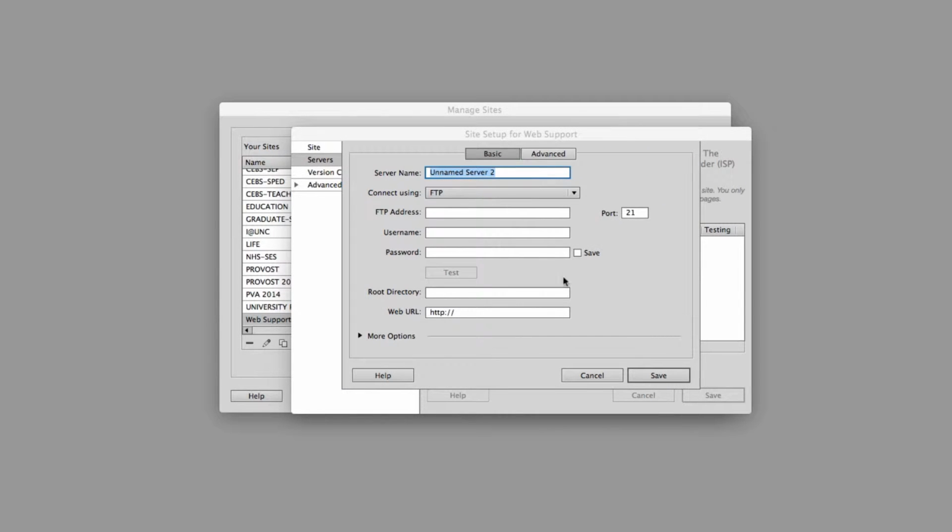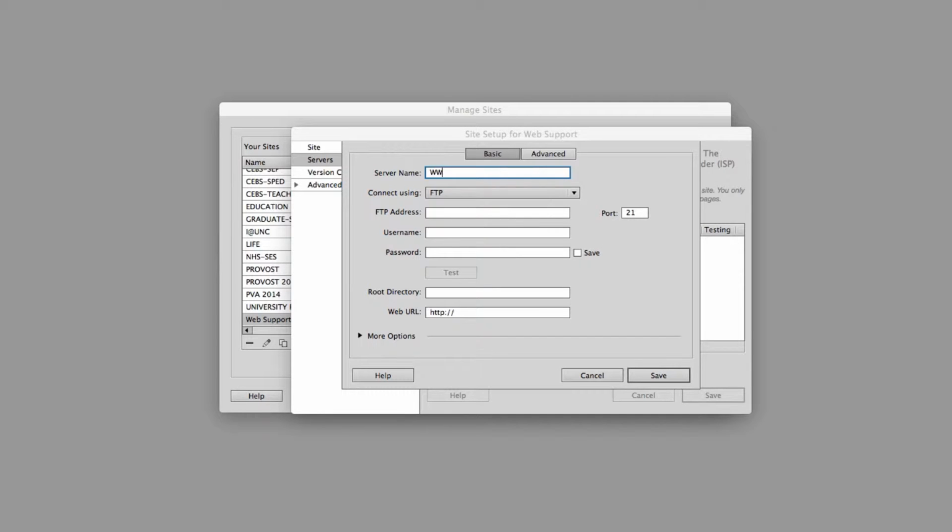Most likely, you'll be working with a remote server and not a testing server. If we've provided you with details for a testing server, enter those instead. There are a few fields we need to complete. The server name can be any name you would like to use to identify the server by. Typically, I name my servers using the scheme www/location of the site, www signifying I am working with a remote server, not a testing server.